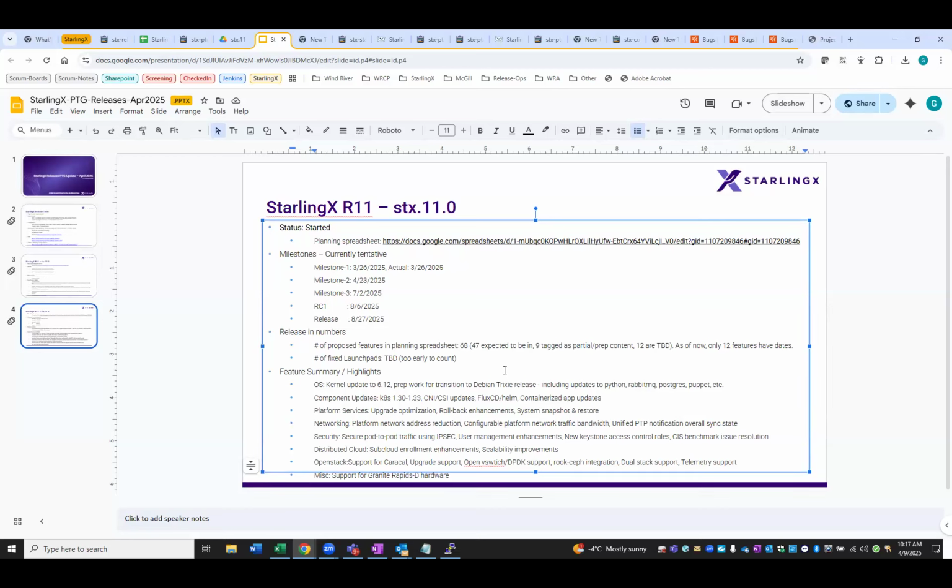So when a feature prime marks a feature as in, it means they feel confident that they would be able to make it happen, or they want to make it happen. We have 9 that are tagged as partial or prep. So what that means is that code will go in, but you won't actually have the capability. It'll be like a 2 release